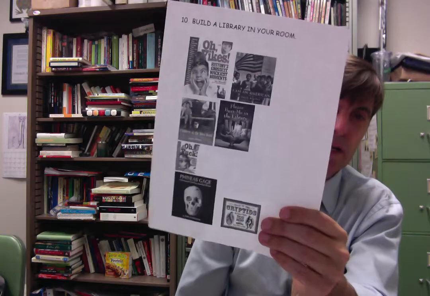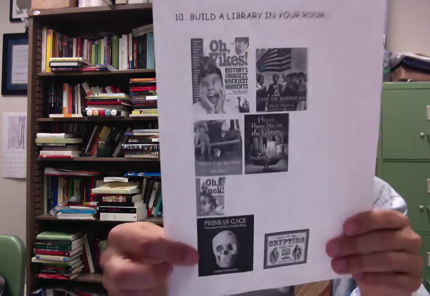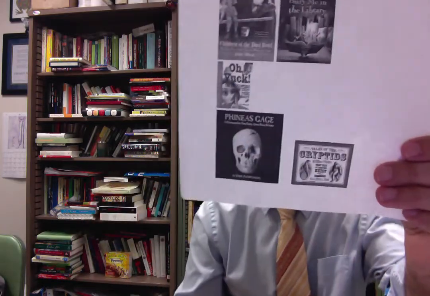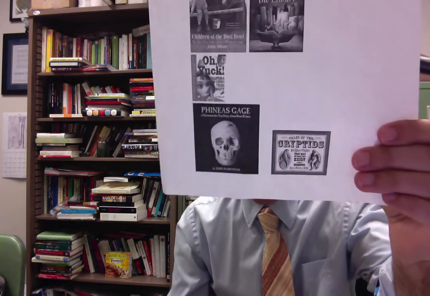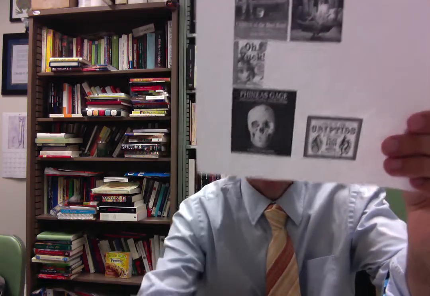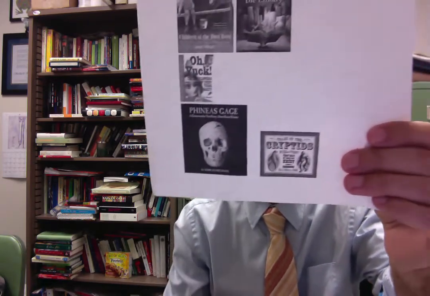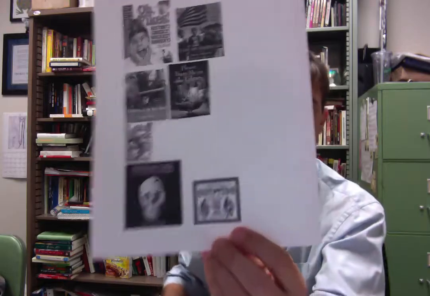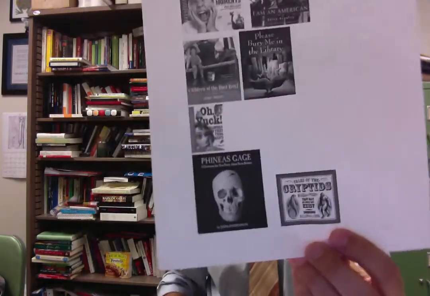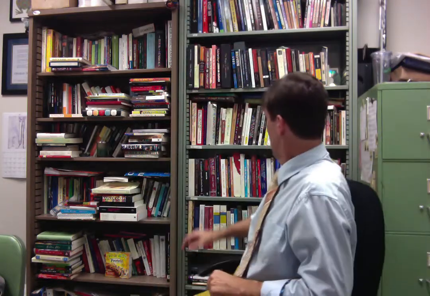It's poetry, but it's good. Phineas Gage, I think I've told you about Phineas Gage, which is a story of brain science, and you can see his skull there. And then this last one is Tales of the Cryptids, mysterious creatures that may or may not exist. I mean, if you have this sort of thing in your room, your students are going to gravitate toward them. They're going to want to get them. Maybe not so much if you have